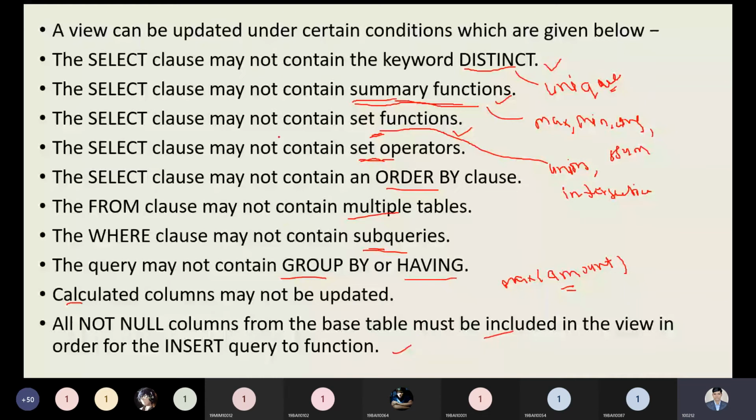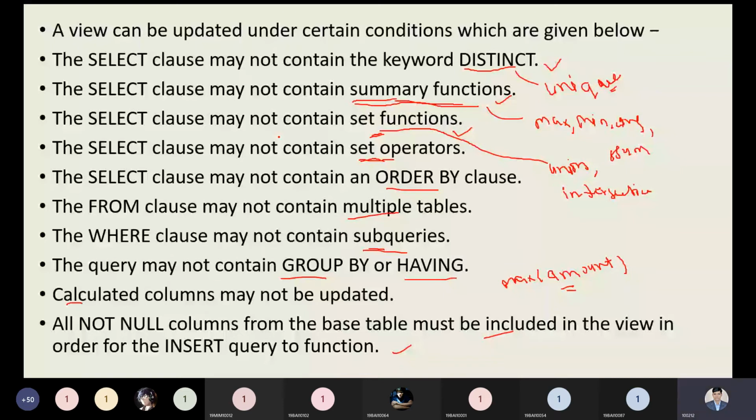So these are the few points we need to keep in mind while creating an updatable view. The rest of the things we can do, but that information will be read only, not writable. If you want to create a view that should be able to write something into the actual table, then these points should be followed, and these are known as the rules to create an updatable view.